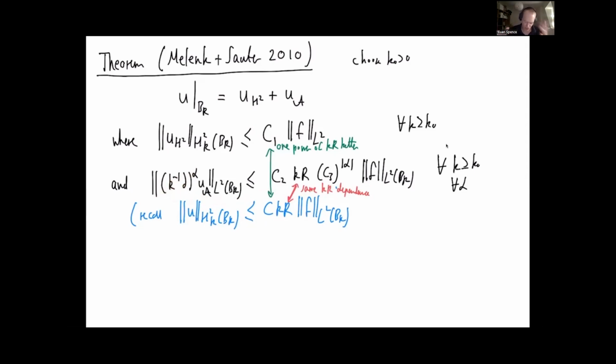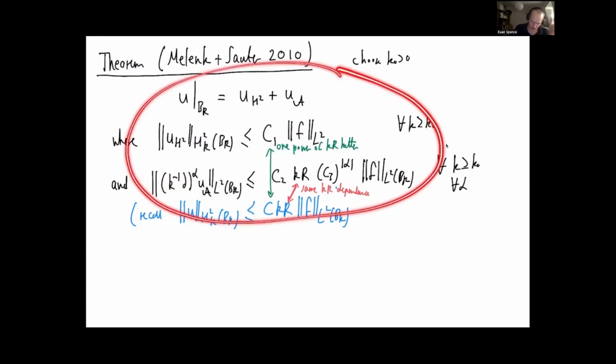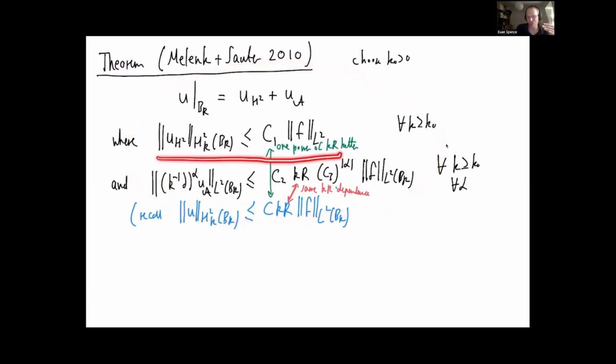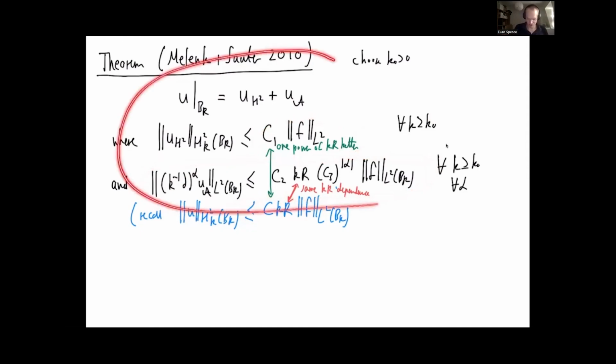Right, and so I'm just pausing because, actually, this splitting into a part with finite regularity, an H2 part, a part with the same regularity as the Helmholtz solution but one power of k better, and then an analytic part that has the same k dependence but higher regularity. This splitting is really the heart of the theory, and that's what both Marcus and Stefan, and then myself and my collaborators who I showed you yesterday, went off and proved, these splittings, this decomposition of Helmholtz solutions, in much more general cases than just this free space model